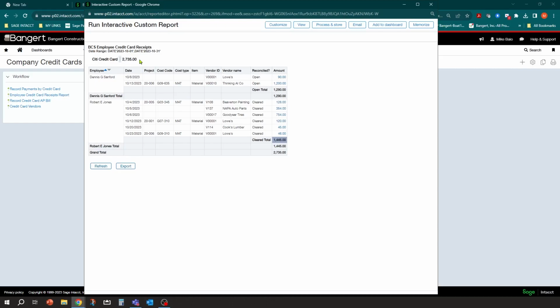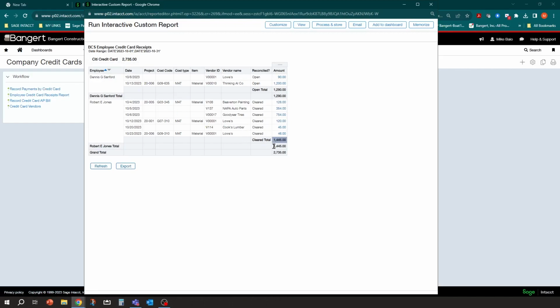So we know that that bill is good to go. So I would go and reconcile these, and then we're ready for our next step. Now, there may be missing transactions. So just like before, you can come into here, and if there are missing transactions, you can find out through the employee. Once you find out, you can go ahead and record those additional staff expenses back in the original spot. They'll show up on this report.